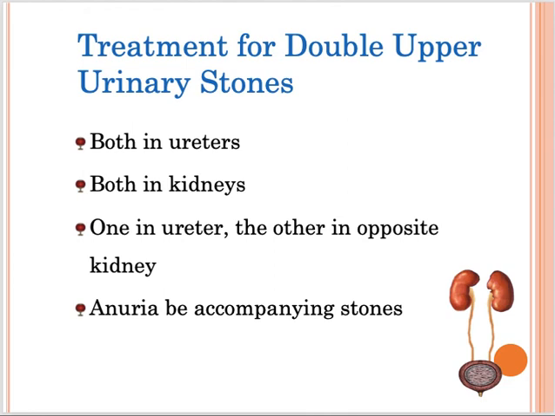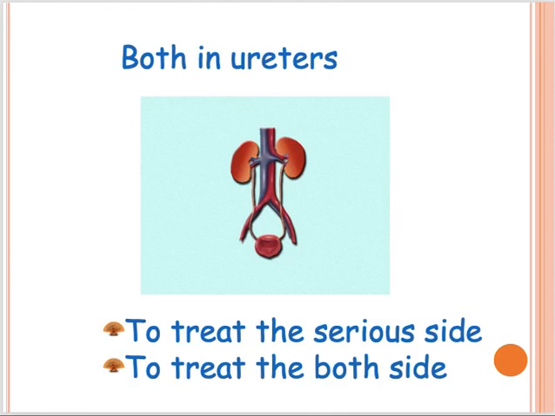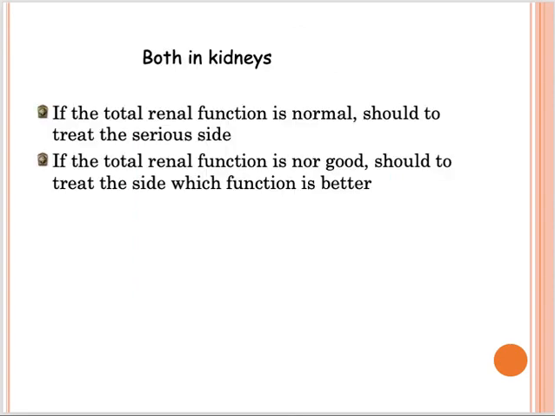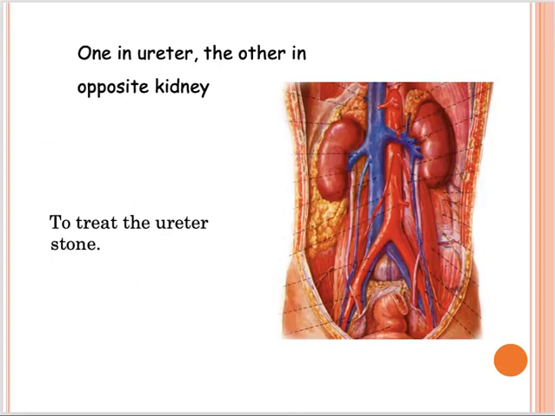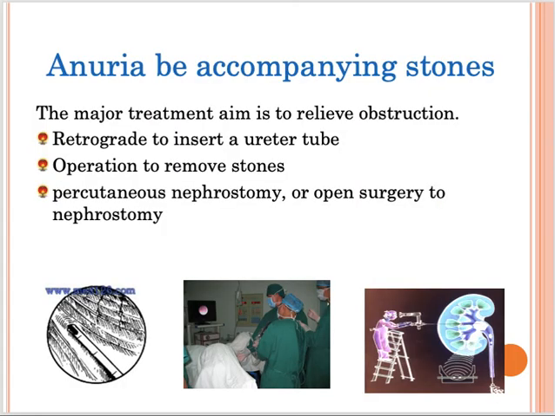Okay, so now we go for some sort of surgical intervention. In anuria with stones, the major treatment aim is to relieve obstruction, so retrograde insertion of a ureteric tube, for example, or we can go for surgery, or we can do percutaneous nephrostomy or open surgical nephrostomy. Okay,